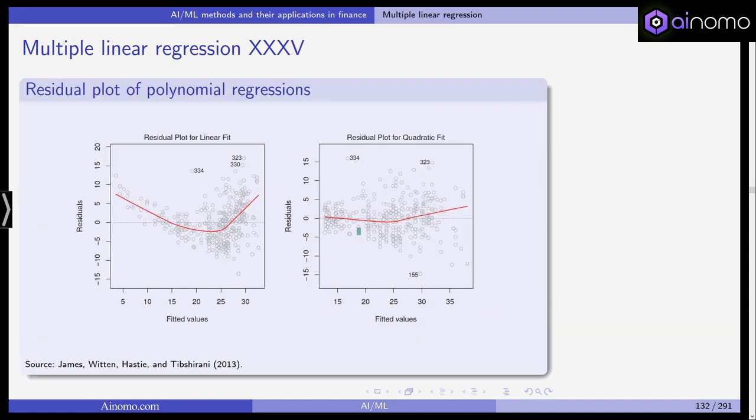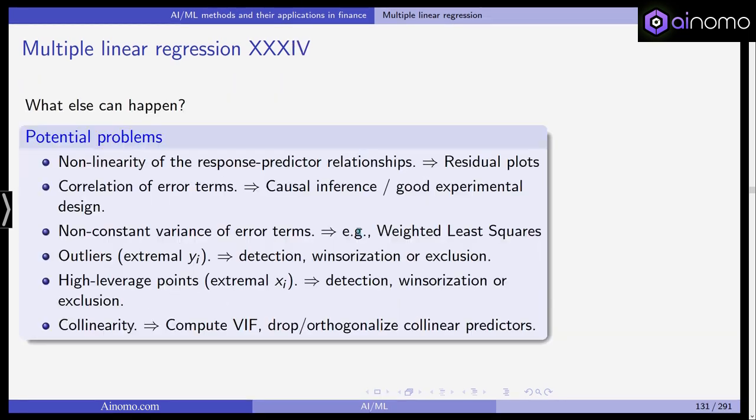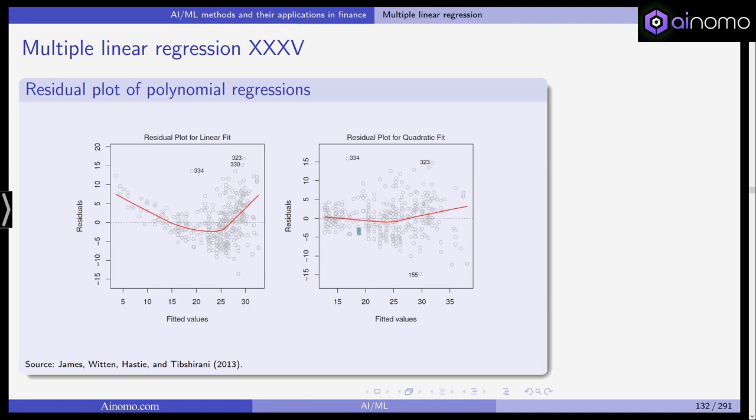So let's start with the non-linearity of the response-predictor relationship. We can look at the residual plots. For example, here, if we use a polynomial fitting, left, it's a linear fit. Right, it's the quadratic fit with the polynomial regression. And as you can see, the fitted values and the residuals should actually look rather like this. In this case, we would say, okay, there's no clear trend. It's around 0, and we don't see that for very small or very large fitted values, we have a certain